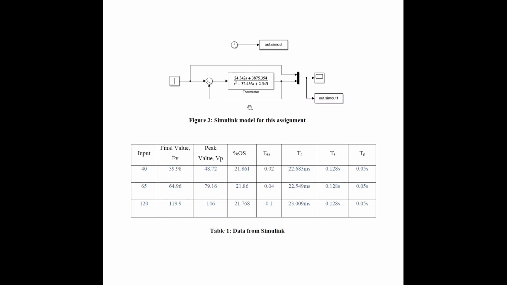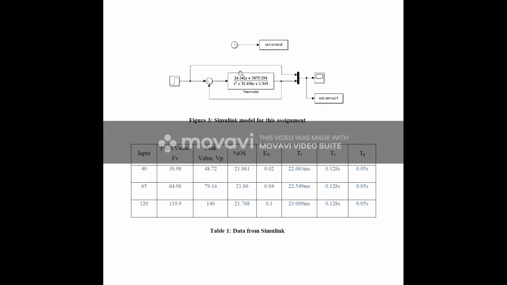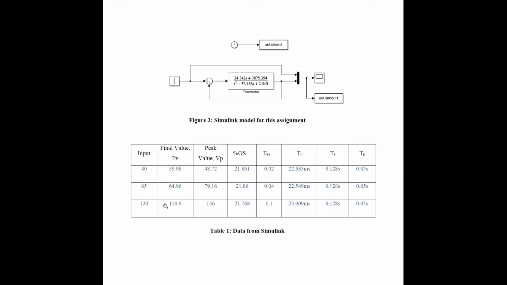Okay. Next, this is the simulation model for our system. Okay, so this is the transfer function as the thermostat. Okay, so now for the graph, for the table, the inputs are 40, 65, 120. Okay, for the final value, we can see here